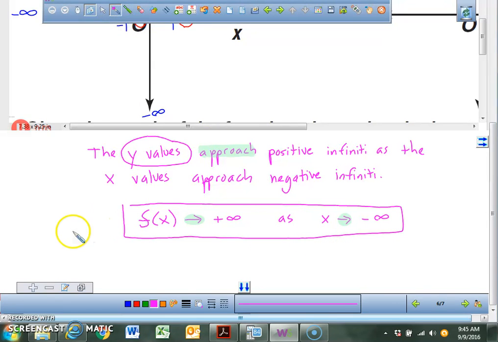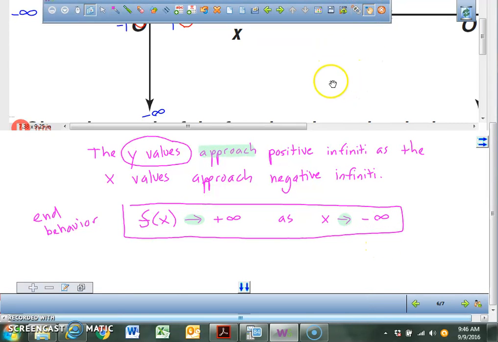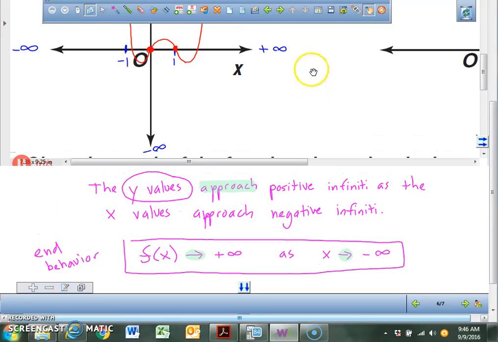And what is this describing once again? This is describing the graph's end behavior. Like where's it going? Where's the destination? All right? Where's it going? The end is where? Where's the destination for my y values? Positive infinity. Where's the destination for my x values? Negative infinity. Okay? Now, what we're going to do is right over here, I'm going to scroll up real quick,